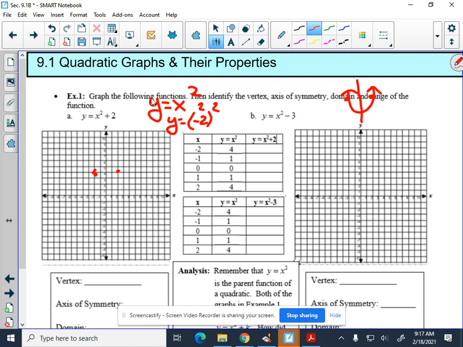Now notice, I'm not doing the column over on the right yet. We're going to do that next. We're going to graph the original function first. Now, if I put in a -1, -1 squared got us 1. So -1 up 1. When we put in a positive 1, it shouldn't be a surprise, we get the same thing, positive 1 up 1. The 2 points are the mirror image of each other if we fold them over. Then the last point, if I put in a 0, 0 squared is 0, and that gets us